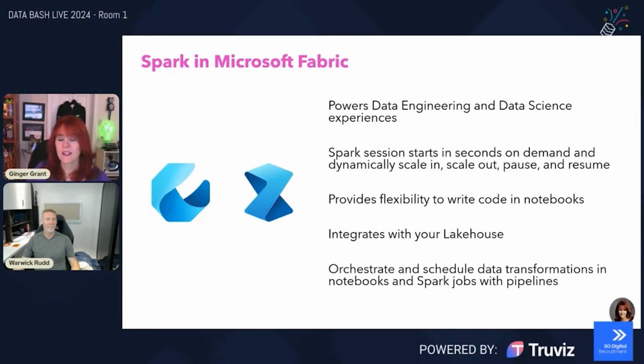And of course, you get the same interactive notebook for writing code inside of Spark. And it really tightly integrates with your lakehouse. So you don't have to write data connections to connect to all the data that you might want to be processing. You just need to add that lakehouse to your notebook, and then you have the ability to access everything within it. And of course, the orchestration inside of Fabric using pipelines is really super easy because you can schedule your notebooks inside of a pipeline by just adding them as part of it, and the Spark jobs will run as part of that pipeline.